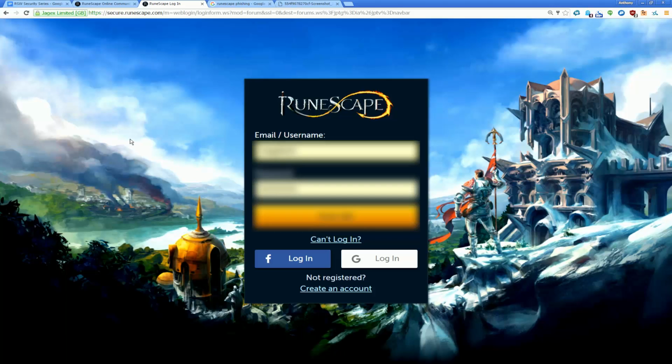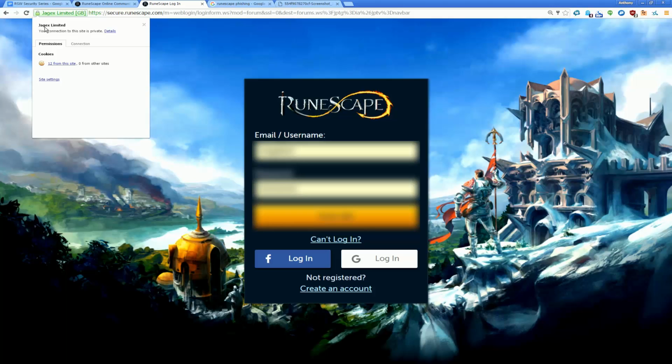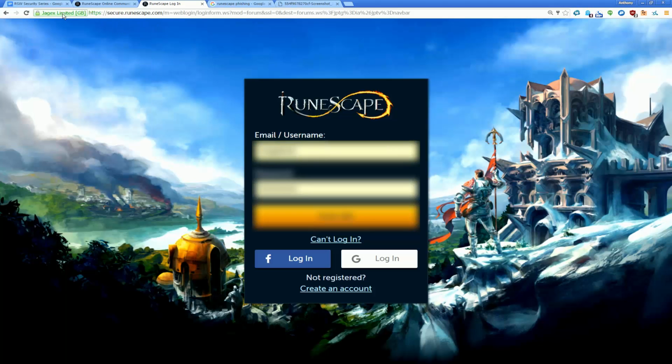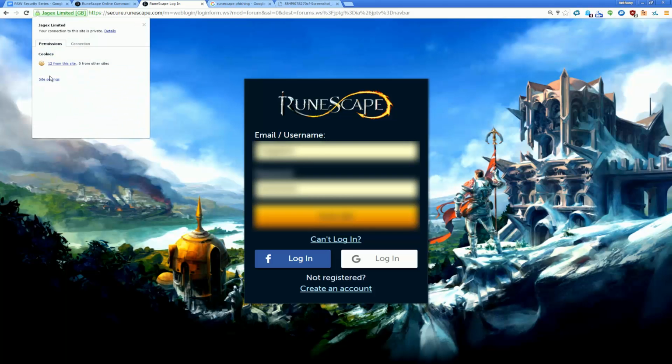So here's the RuneScape login screen. Of course, I'm going to censor this out, but what we're going to be looking at is up at the top bar here. You'll notice there is now a green lock, and it says Jagex Limited. If you click on that, you can expand it out, and it will tell you that you are connected to a Jagex Limited owned domain. Your connection is private, which is good. The information listed here is provided by the certificate authority. Whoever issued this certificate claims that this is a private connection,